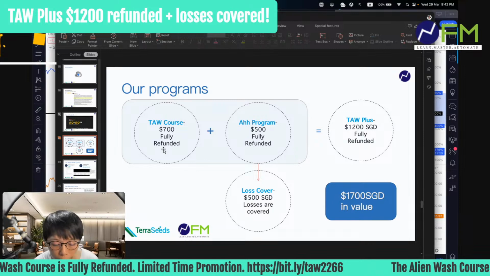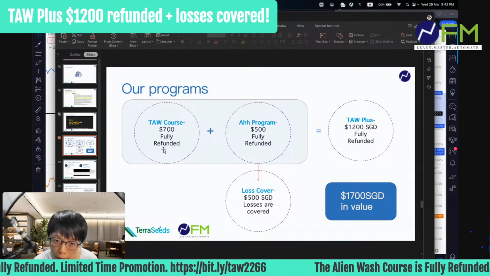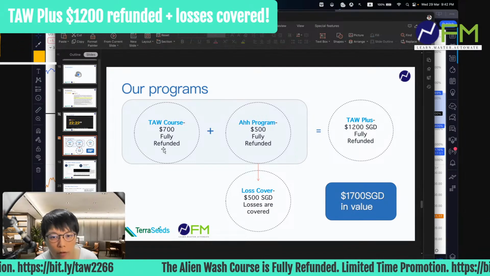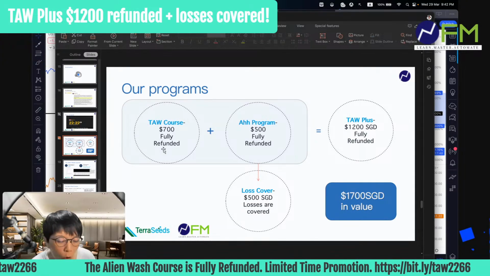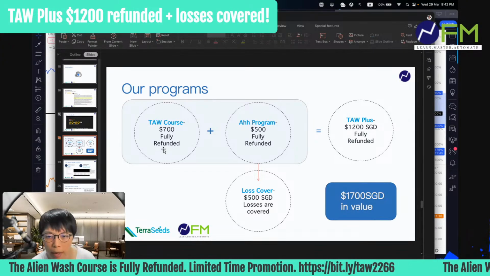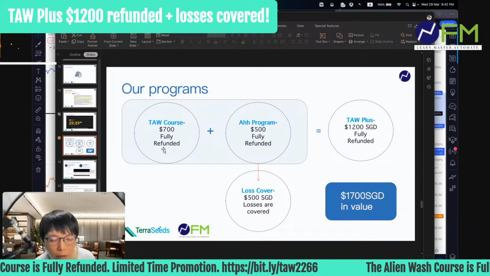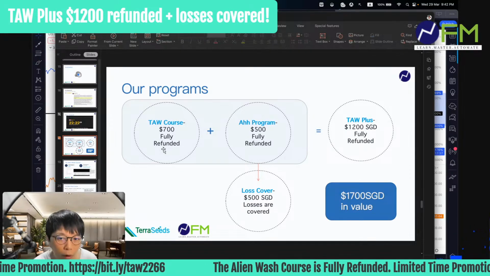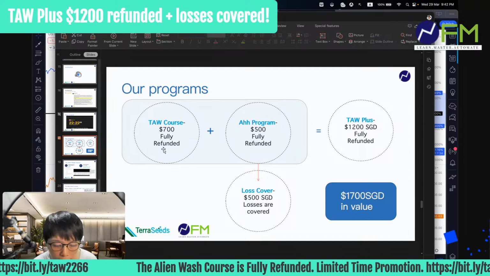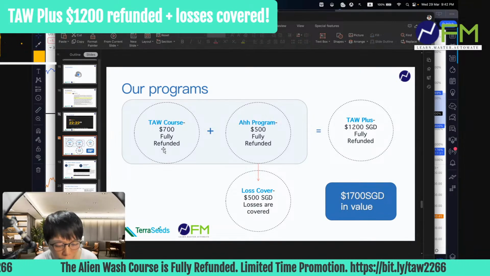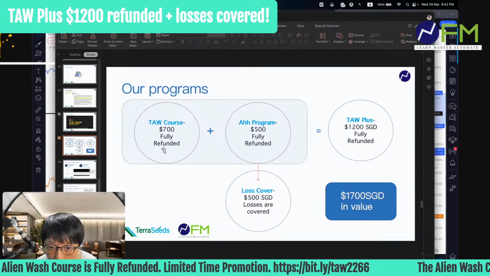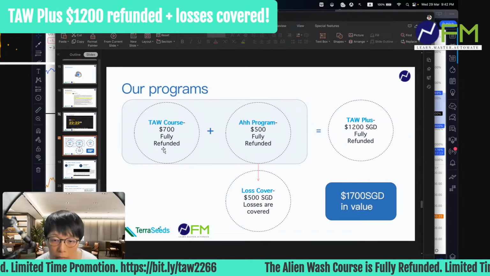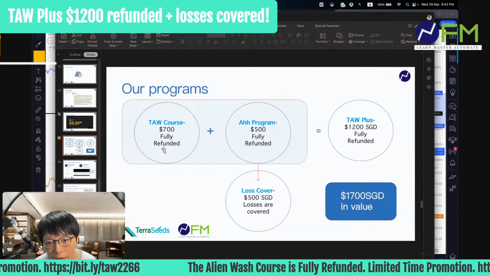In the R program, we emphasize a lot on hand holding and a lot on trading, because at the end of the day, when you attend a course, you want to trade. We want to make money. It's the same thing as driving. You can have your theory lessons, but that doesn't mean you know how to drive. We all need to go on the road to do practical. So our program is the practical. I also realized that a lot of people fear losses. Some people continue to stay in a demo account, and that's not healthy, because a demo environment is just different from a live environment.